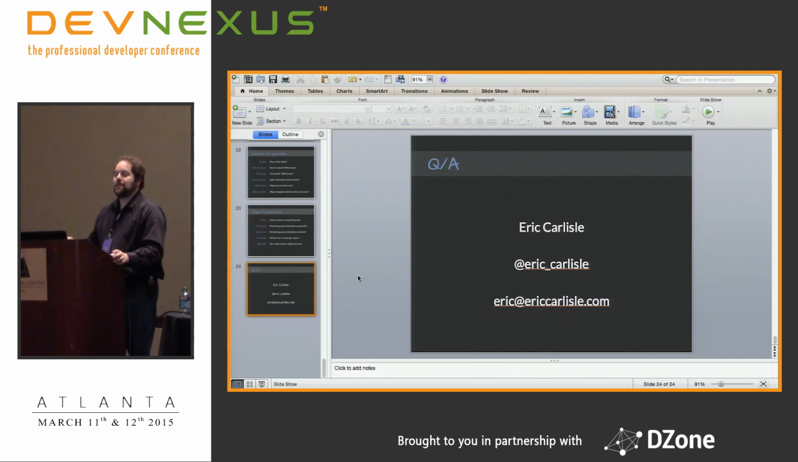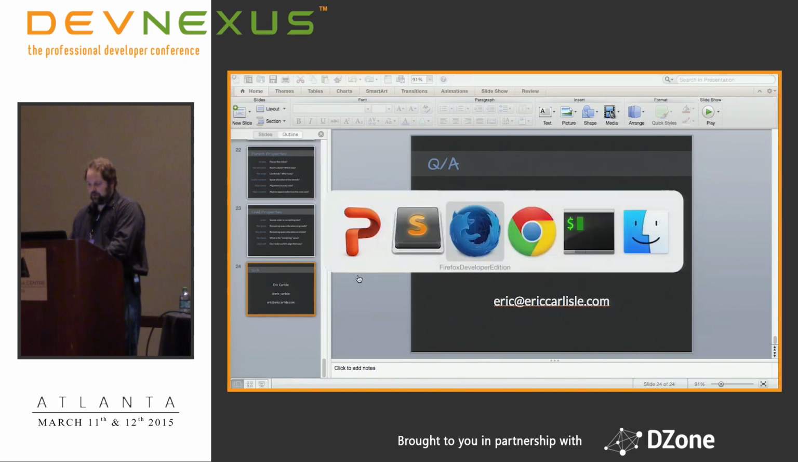Other questions? Please. Similar to his question, are there future plans to support IE10 at least? The question was, are there future plans to support IE10, or will IE10 have recent Flexbox support? I'm not certain. Well, pretty much, as I mentioned earlier,